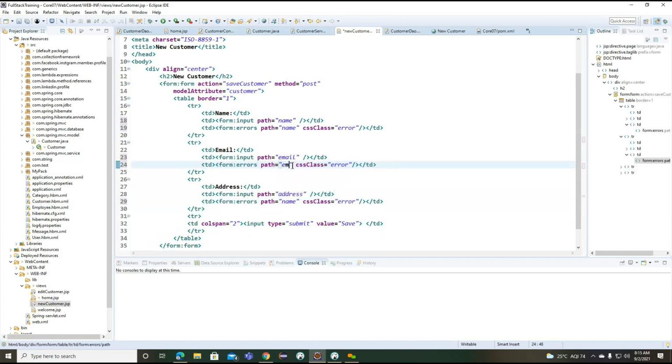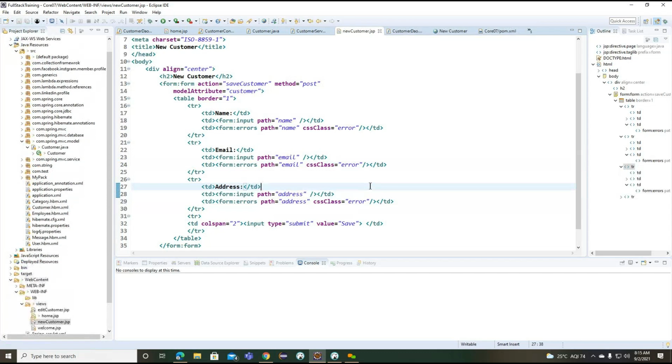And email address. And so this is all about the name page here we need to provide. And finally, what are the steps we need to add here?